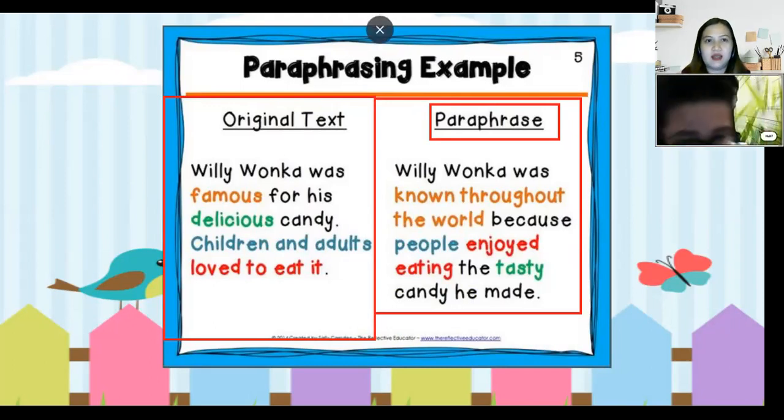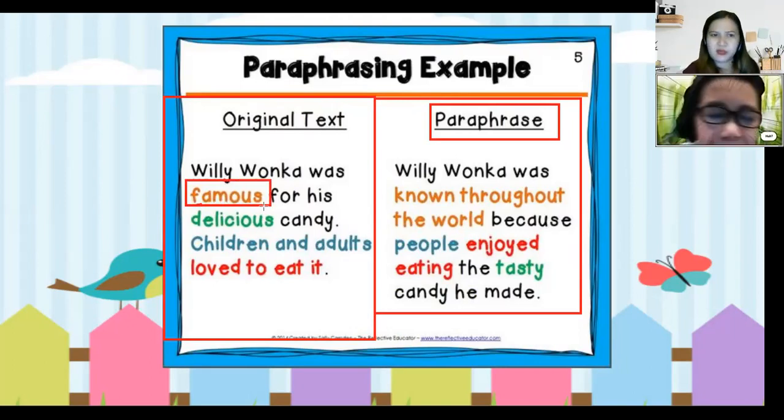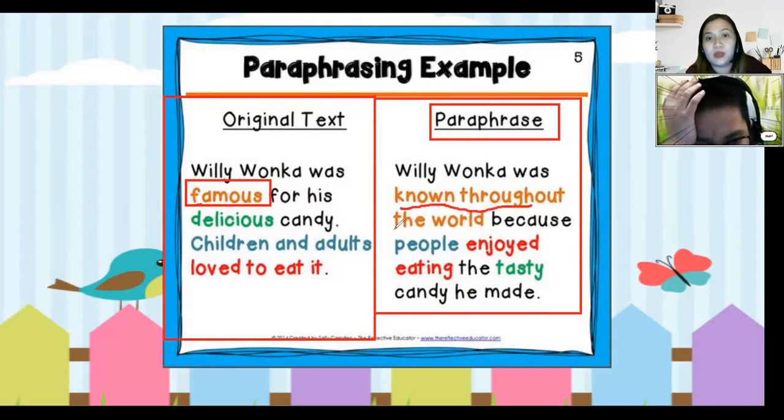Okay, let's start here. So if the original word is famous, you will think, what could be the other word for this one? When we say famous, we can say known throughout the world. Willy Wonka was known throughout the world, okay? Because look,